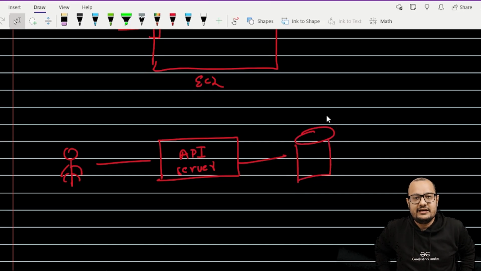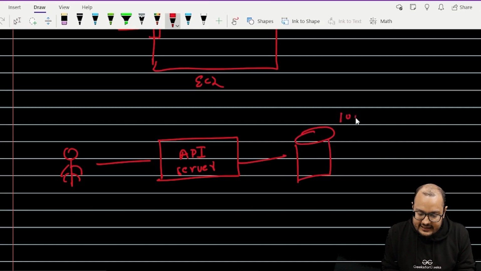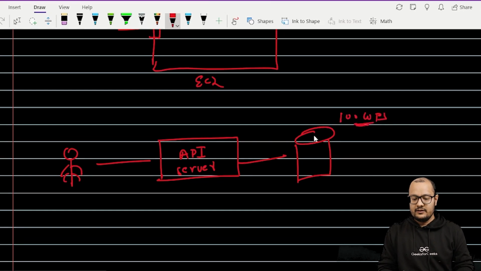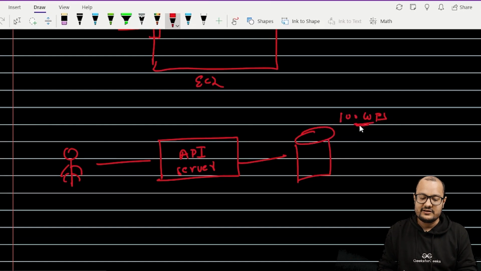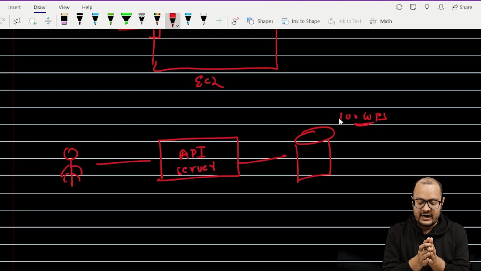Let's say initially our DB can handle 100 writes per second. That is the capacity of our database. That is a good, okay capacity, right?